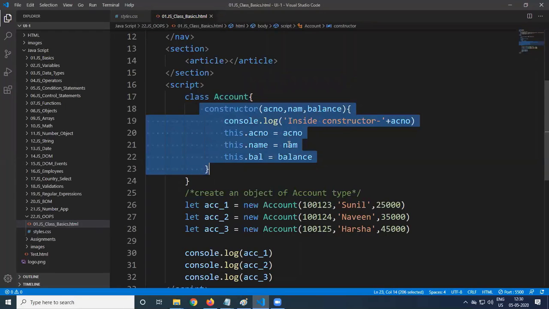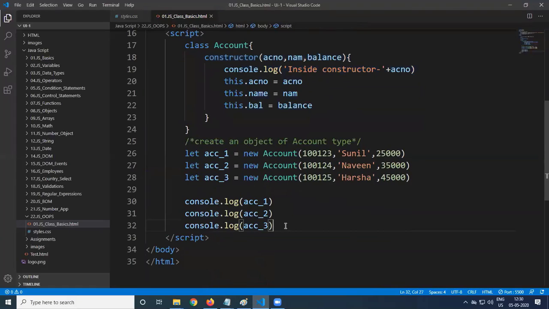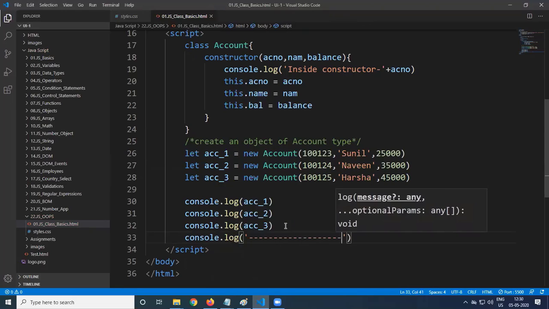So, this dot account number and all, and we are getting this. Now, from the first object, console.log, accessing object properties.